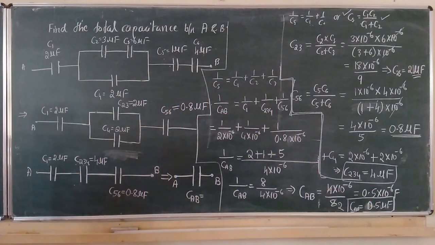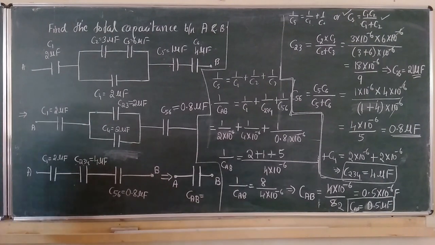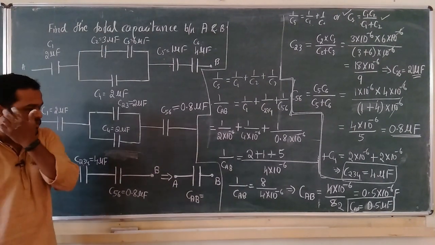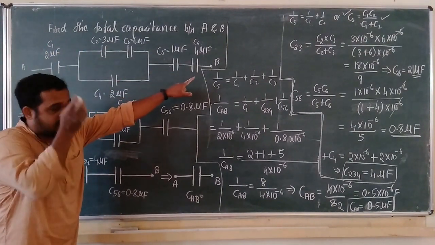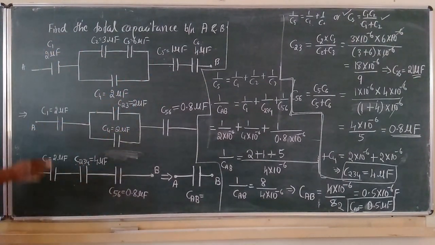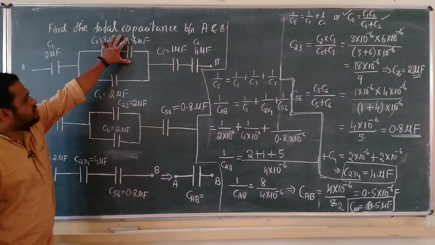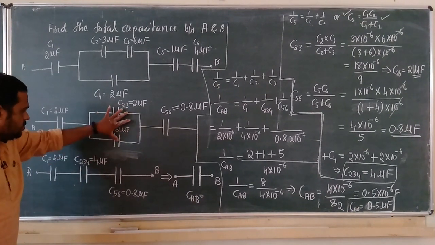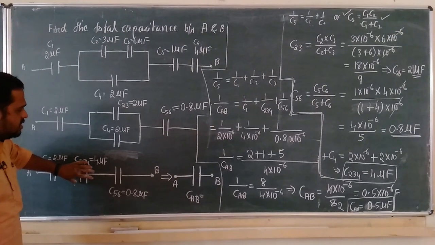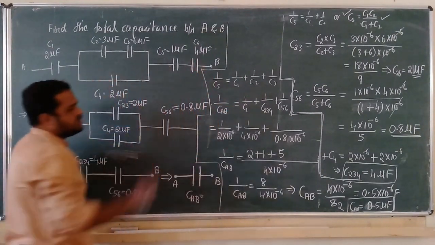You can expect such type of question in competitive exams. A circuit will be given to you and you have to calculate the capacitance between the mentioned points. Here it is capacitance between A and B, therefore we calculated the capacitance between 2 points. So reduce the circuit. First step, we reduced this one to a single capacitor. In the next step, this combination is reduced to a single capacitor. In the last step, 3 are in series, so we calculated the effective capacitance using this formula.